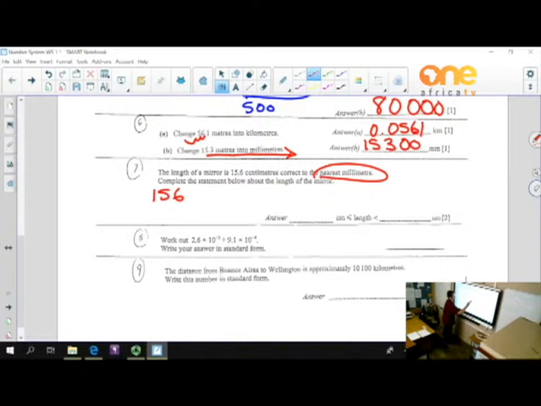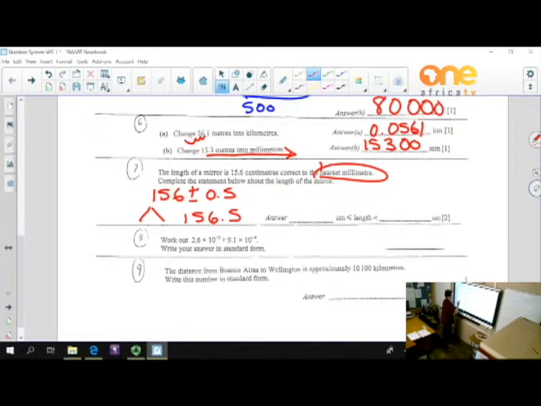And then half of 1 millimeter is now plus or minus 0.5. And this is those lower and upper bounds. So now you add or subtract that, which makes it now